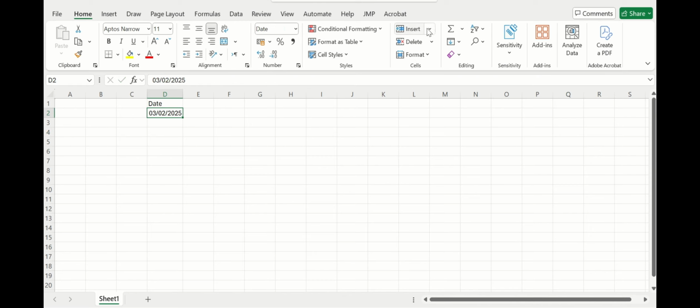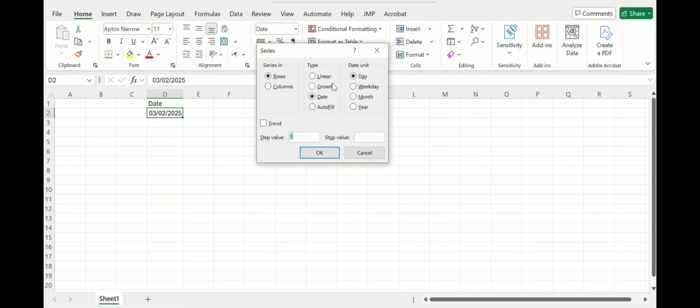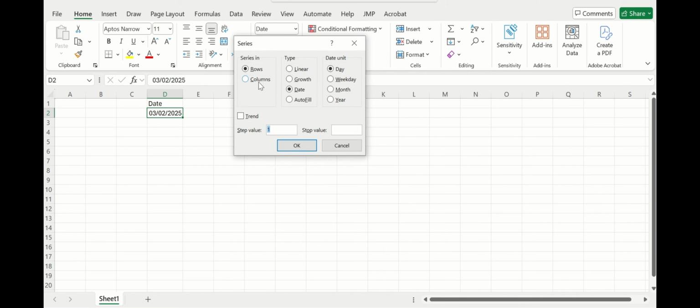So if I select 3rd of February and then series, and then the window here, click on columns and select weekdays. So we are here looking at weekdays, and let's put the date 3rd of June